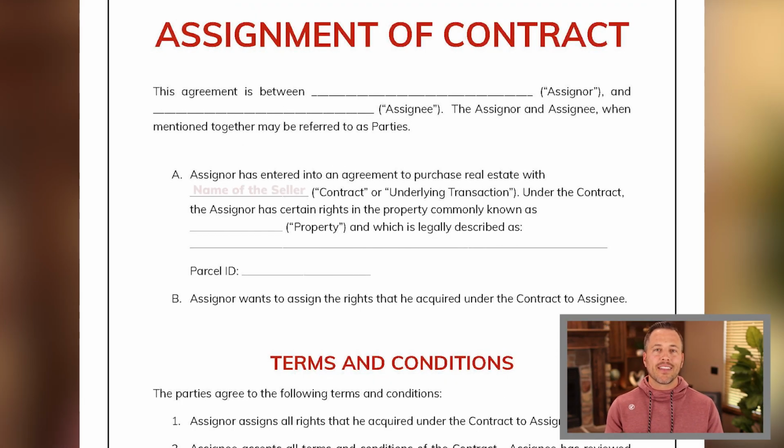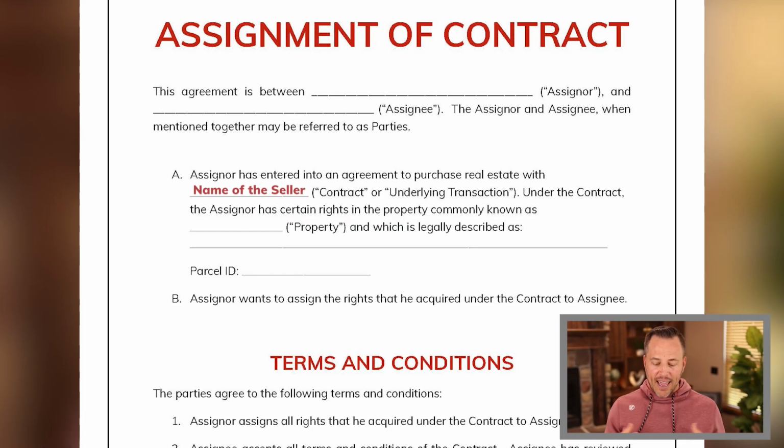All right, guys, let's go with A, and that is really the underlying agreement, right? So in that first blank, you're going to put the name of the seller, because I personally am already under contract with the seller as the assignor. That's going to be the first blank right there. Throughout this contract, you're going to see me looking down because right here, I have the contract. I really want to go through this thoroughly with you guys so that you get this step by step.